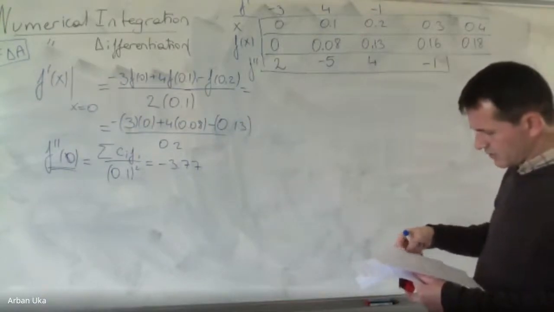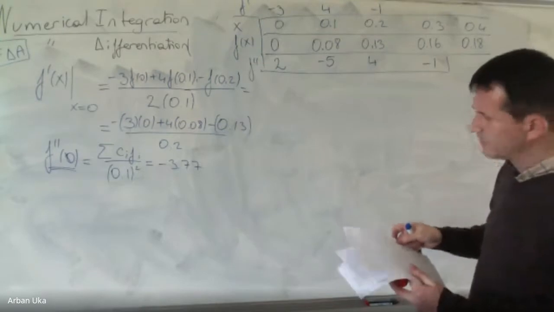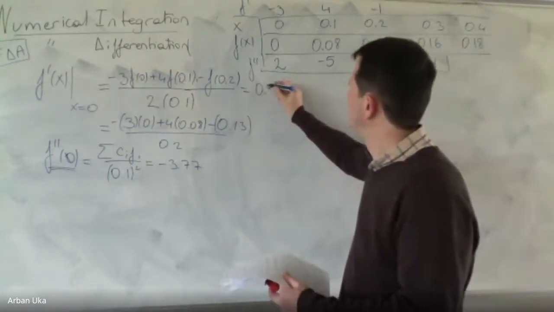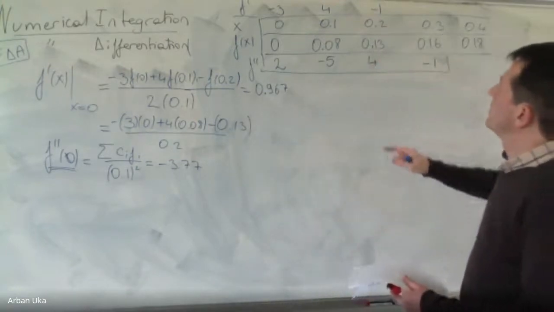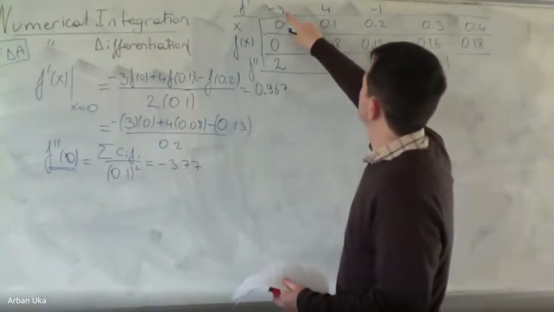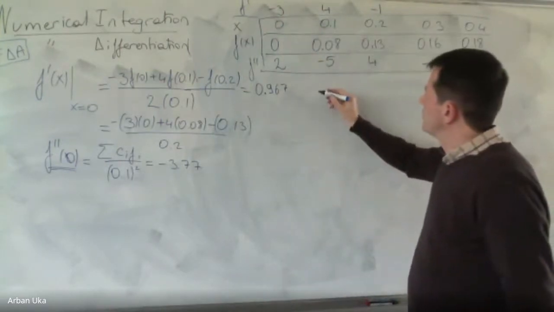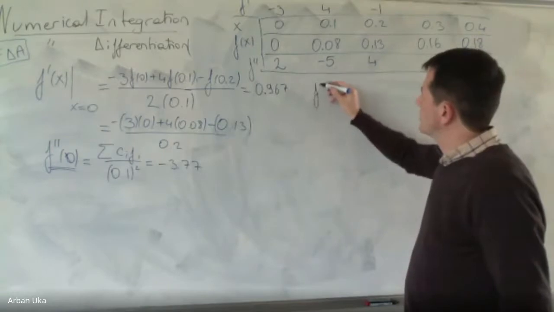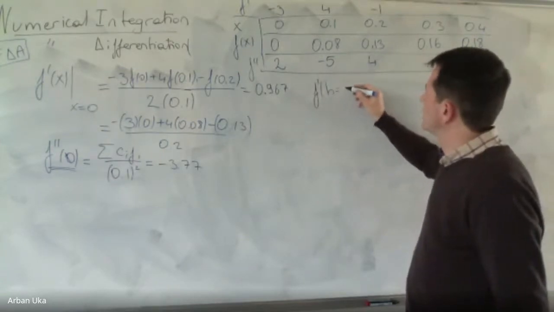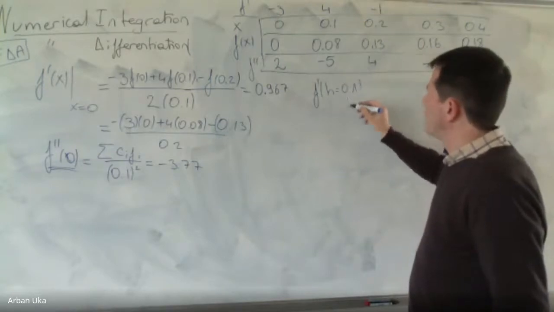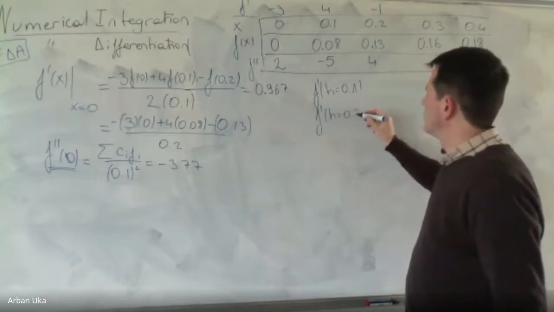So the first derivative was 0.967, and it used these coefficients. Let's also remember the following. To use Richardson extrapolation, we need to find the derivative using h equal to 0.1. And we can also use h equal to 0.2, because